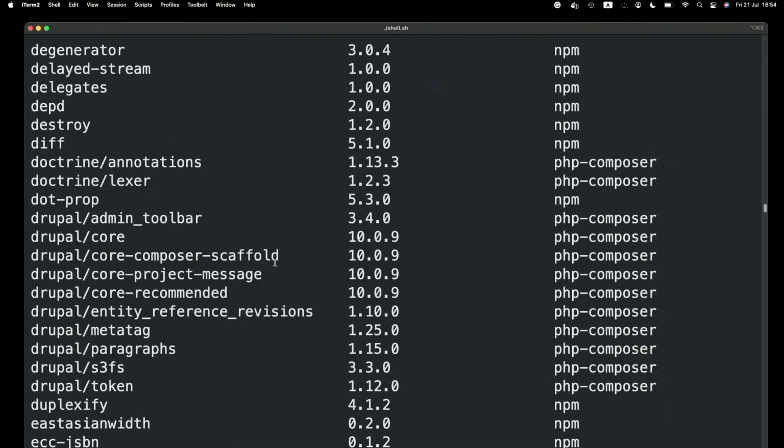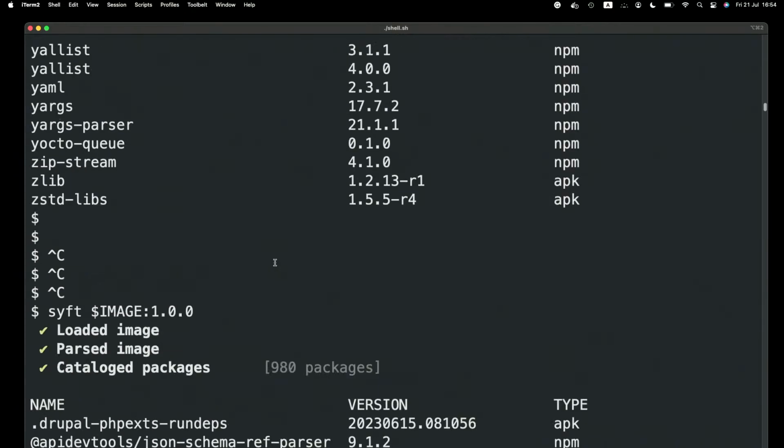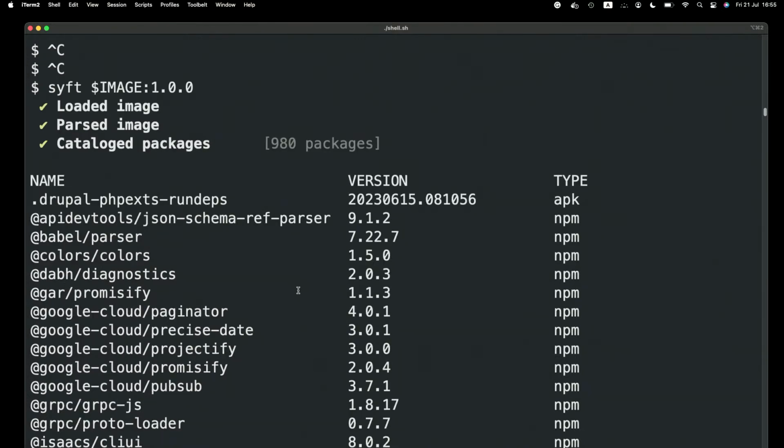And as we can see here, we have a big number of packages. We have more than 980 packages just by installing basically one node dependency and 4 composer dependencies. And we even started with Alpine, which is a very, very small Docker image. And the output of this tool